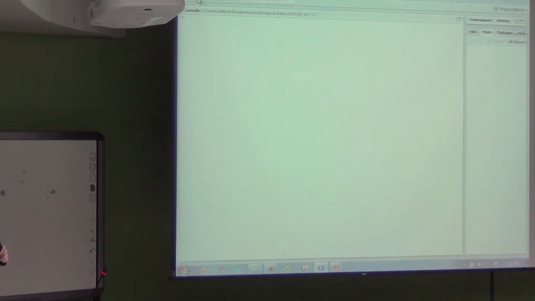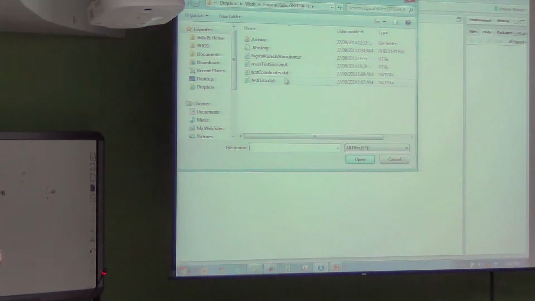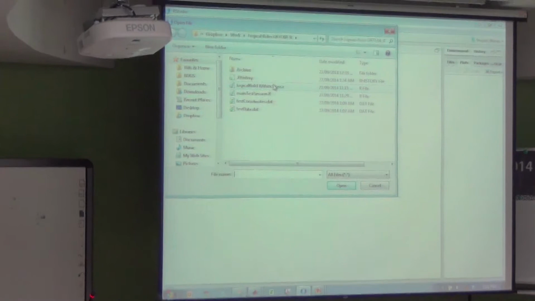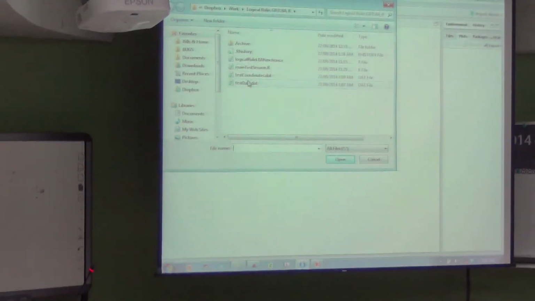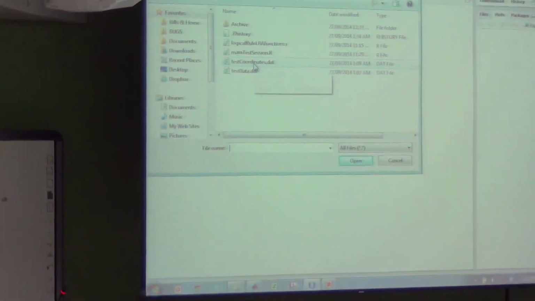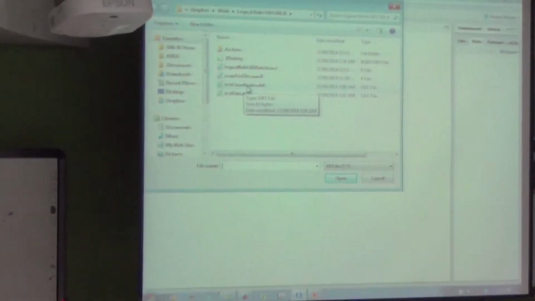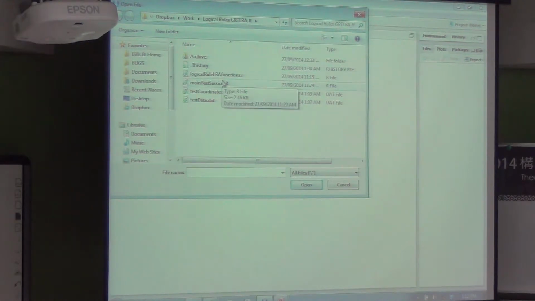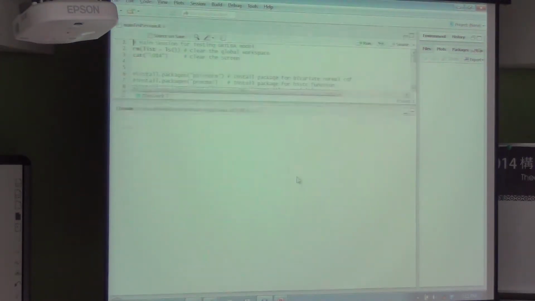So I'm going to open the files. The files that you'll need, which will be on the website, are this main test session.r. So this does all the background work. And then there's a bunch of logical rule LBA functions which get loaded in by this package. And those particular functions will be the ones that will be important to kind of work through. And then there's also some test coordinates, which are going to be our coordinates for each of our stimuli, and our test data, which is the data that we're going to fit. So I'll open this file first.